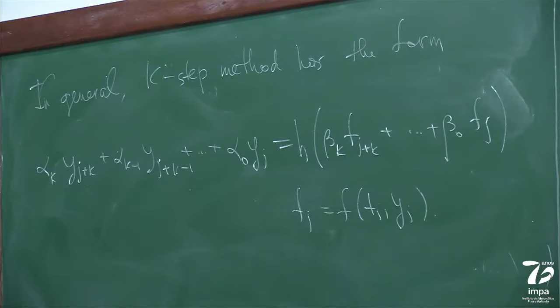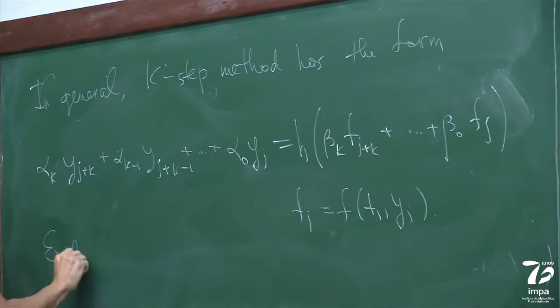So that's the general form of the method, and now you just need to choose the right coefficients to give the right order. And you can immediately classify them into explicit methods